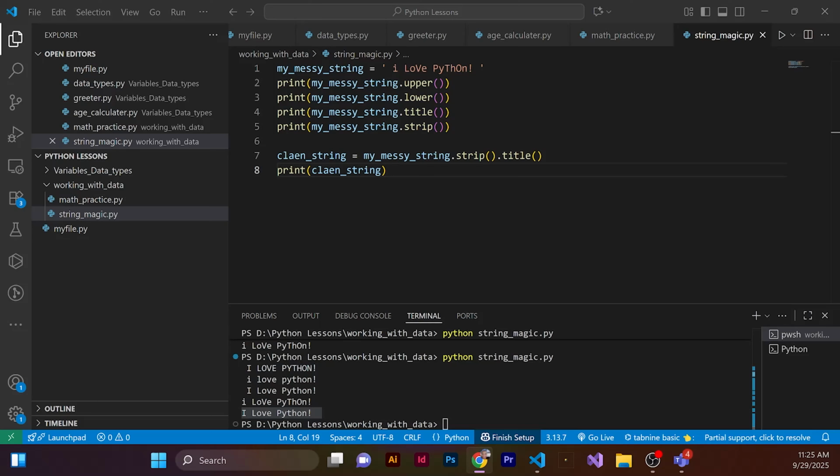So now we've mastered the 4 pillars of basic programming. Think about it. You know how to store information using variables and data types, get information from the user with input, and then process information using math operators, and display information beautifully with f-strings and string methods. So today,